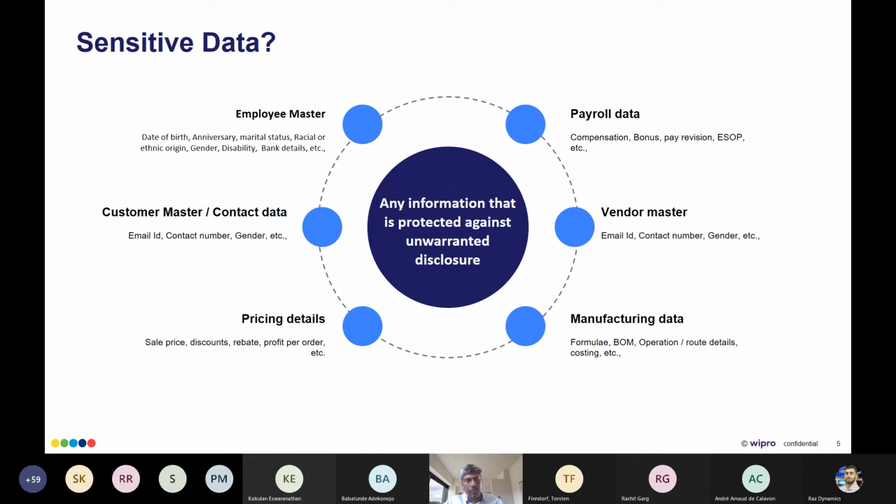We know about GDPR, so I can't take the data of somebody in Europe and store it in any other country. Say the employee master of an organization is stored in D365. If it's cloud hosted, we don't know where this data is stored and how we are going to meet the GDPR compliance. Especially during implementation, we get the data from the customer,